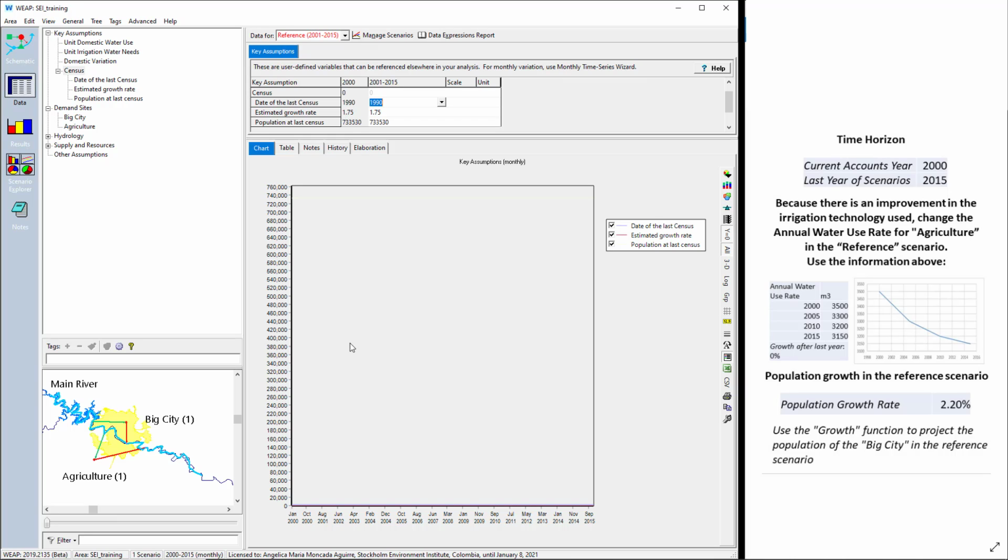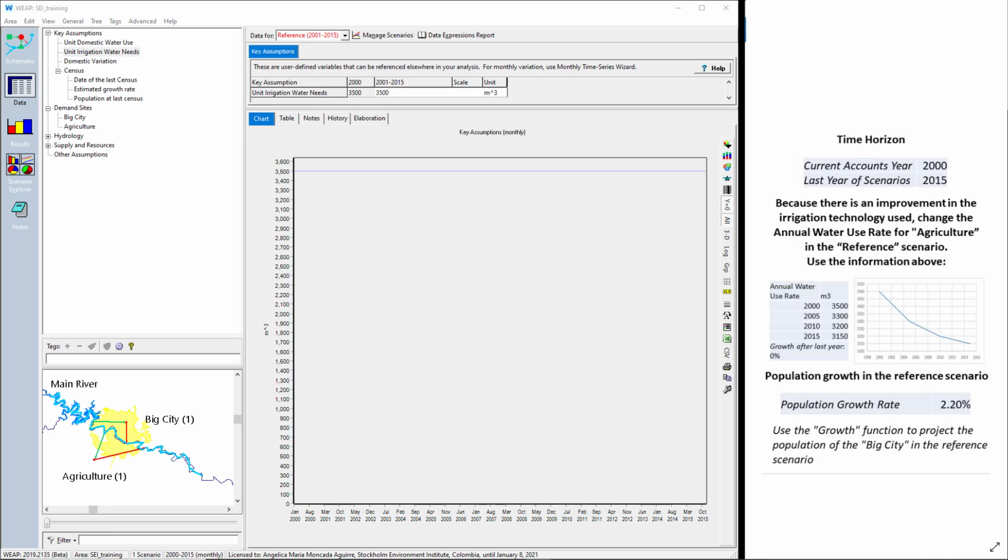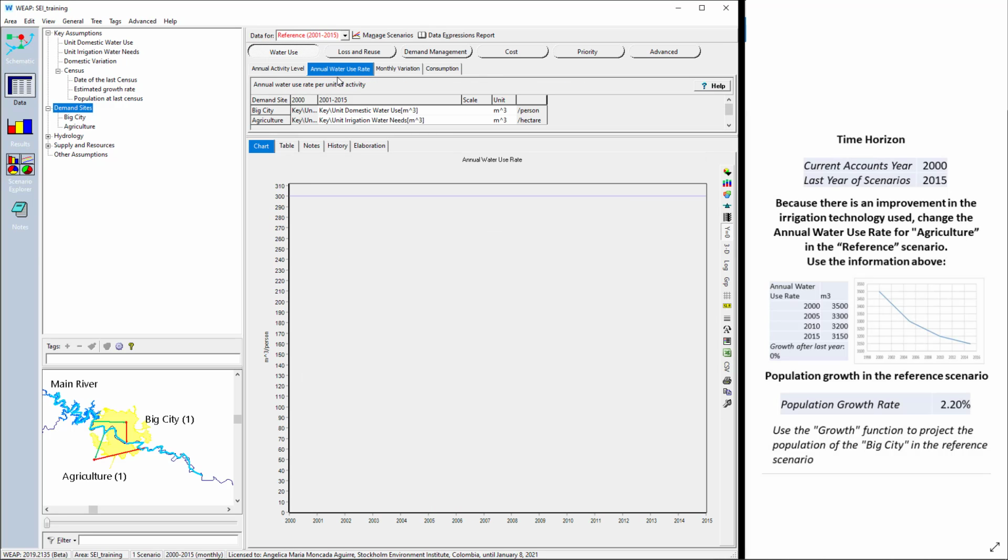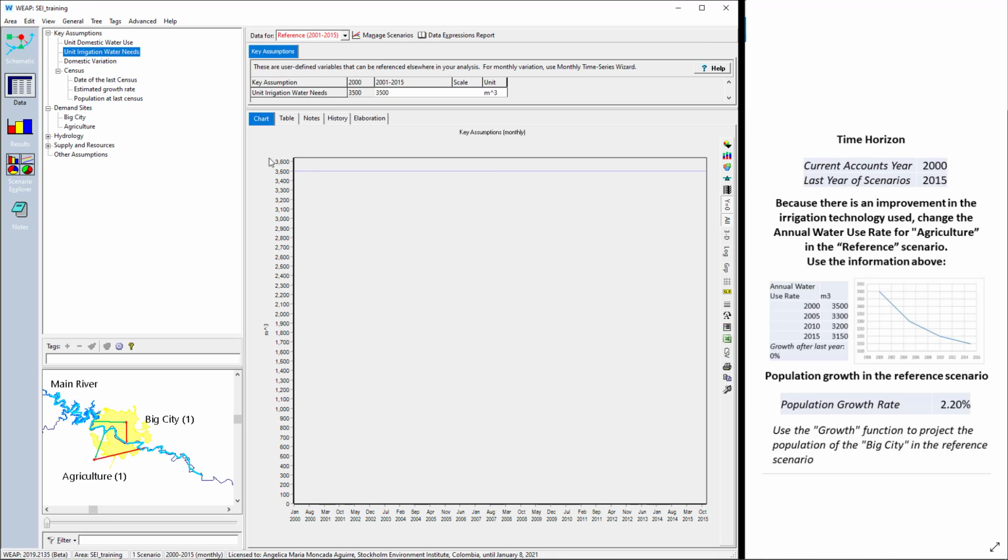Remember that in a previous exercise, we created the unit irrigation water needs key assumption. We also linked it to the annual water use rate variable for the agriculture node. Because the variable has a reference to that key assumption, we only need to change the key assumption expression. The expression box for the year 2000 is blocked and set to 3,500, which is the information we entered in